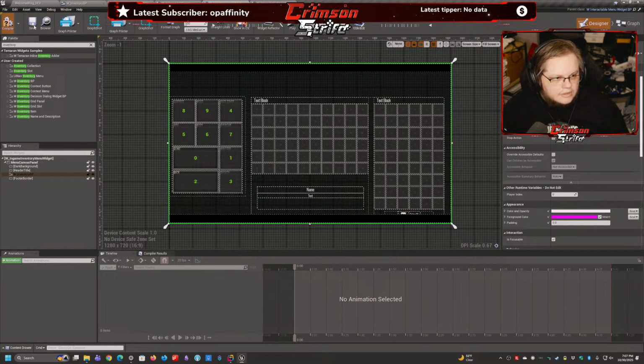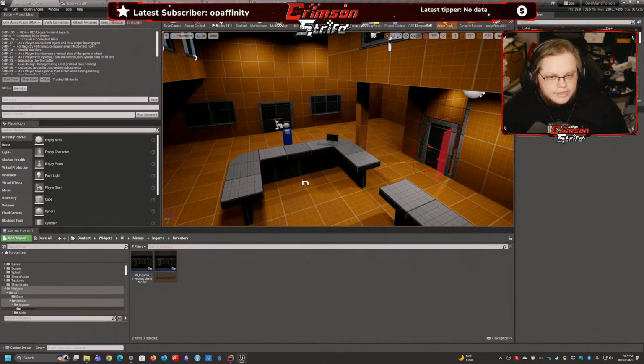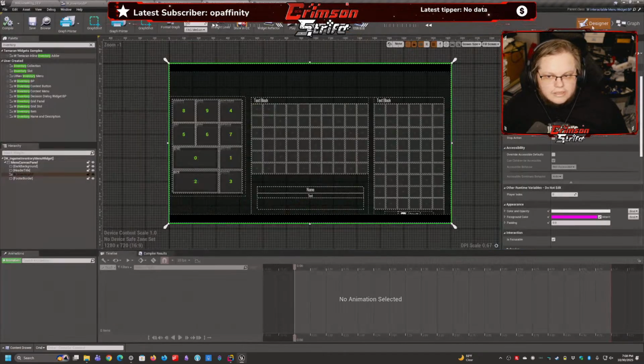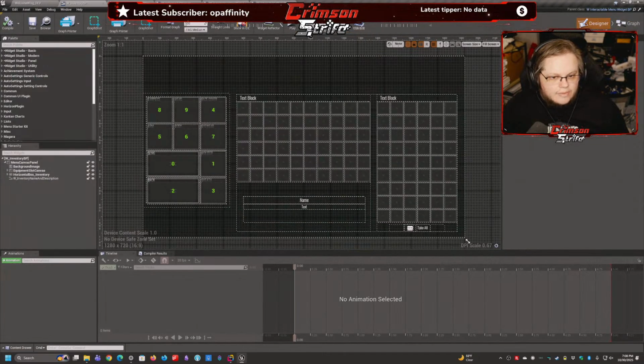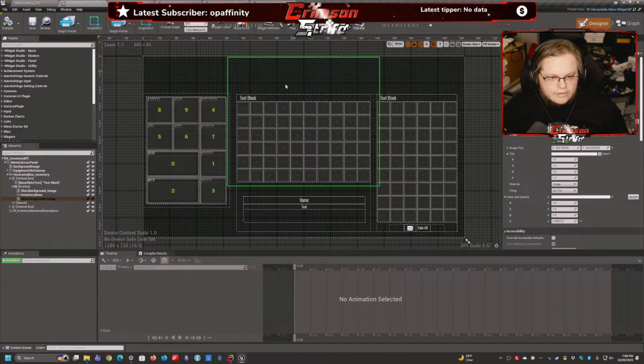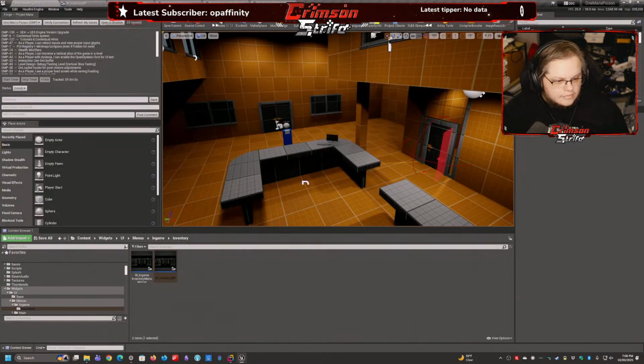Now, I could adjust all the positioning of this stuff, but it occurred to me that that would still end up being a little bit problematic because we can't see right now, but